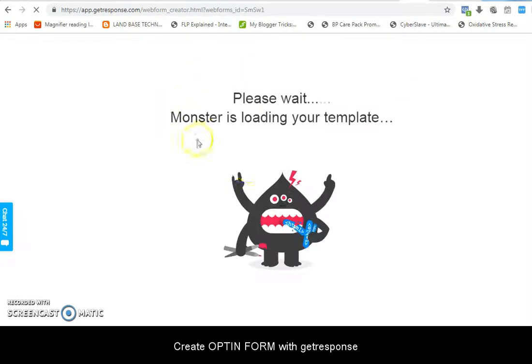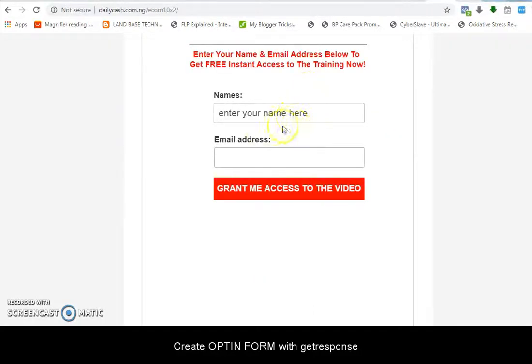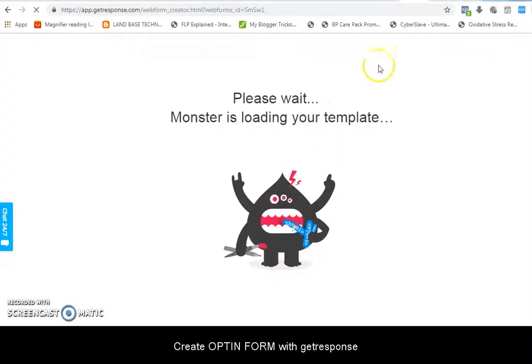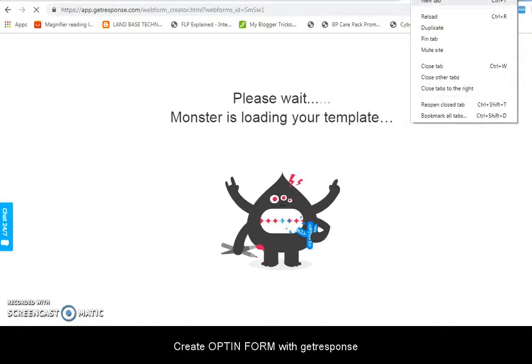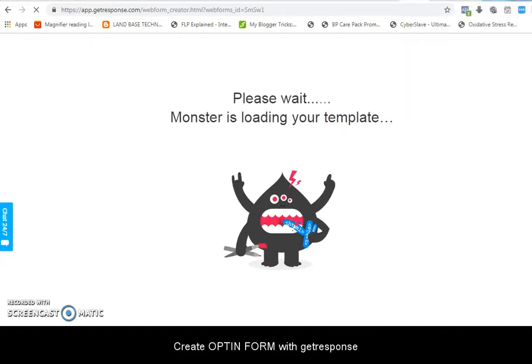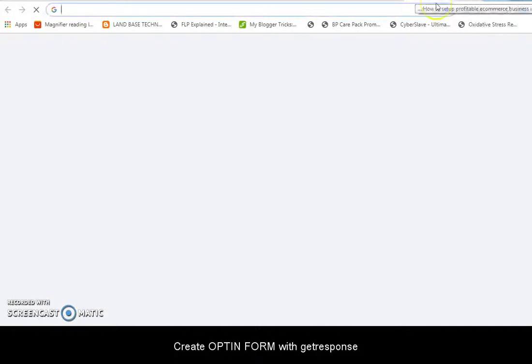So this is where we get our code. We get our code here. When we get our code here, we paste it on our page. While this page is loading, let me quickly see if we can do something so that you can see.